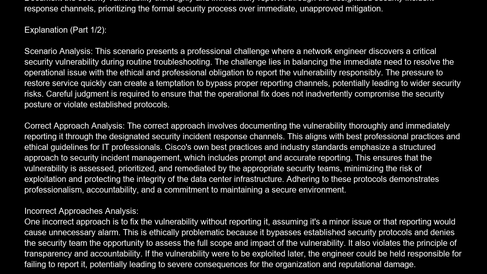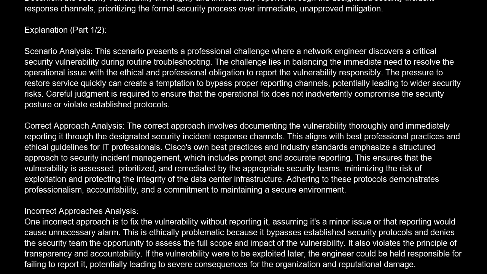The correct approach involves documenting the vulnerability thoroughly and immediately reporting it through the designated security incident response channels. This aligns with best professional practices and ethical guidelines for IT professionals. Cisco's own best practices and industry standards emphasize a structured approach to security incident management, which includes prompt and accurate